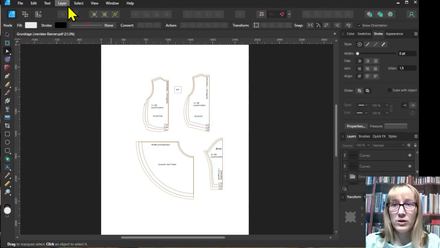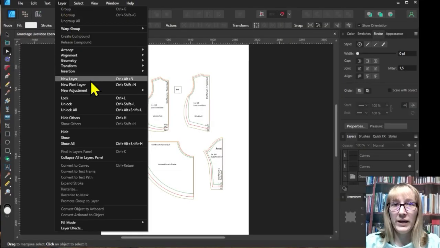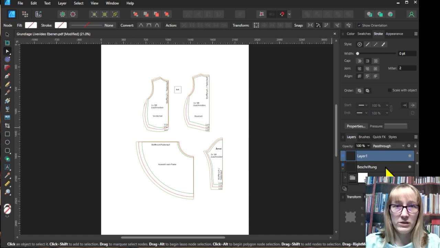I recommend creating a layer for it and maybe saving the whole thing under a different name so that you don't destroy your original file somehow by mistake. To create the layer, go to Layer and click on New Layer and position it to the very bottom. To do this, either drag the layer to the button or click on the corresponding button at the top. The layer must be selected. Maybe label the layer. I just write fabric in it. You can also write side plan. Just double click and type it in.